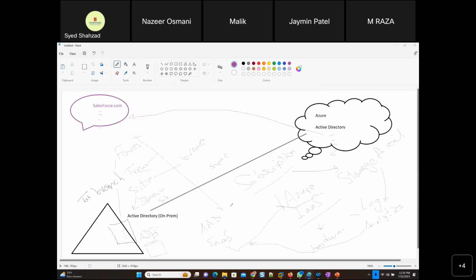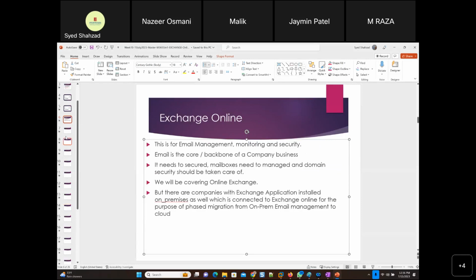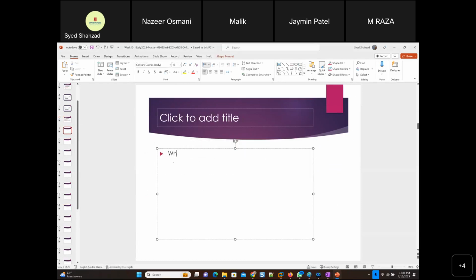So the thing is that you have to make sure that the email is really up to date in terms of all the patches. The Exchange server patches basically are handled by Microsoft, but you have to be very careful still. There are so many features that you have to configure properly, and Microsoft does not have everything configured for you. But what does work right away when you open Exchange Online? I will mention that when we open Exchange Online,